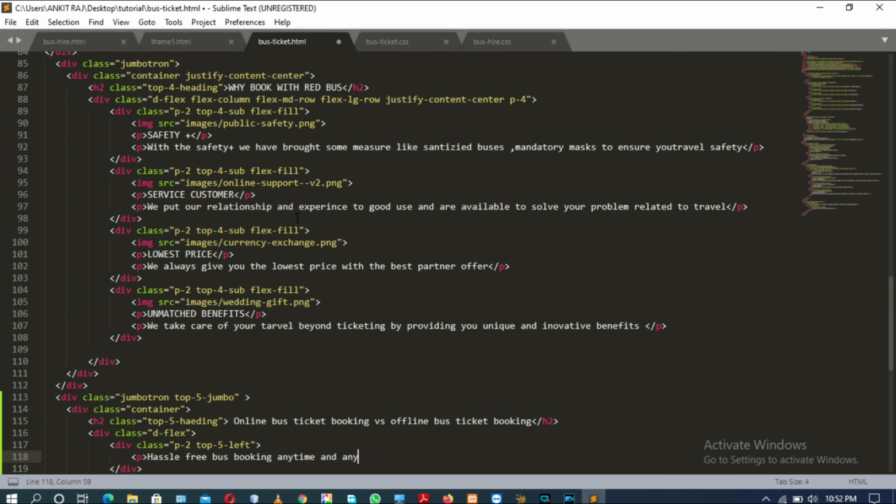Anytime and anywhere. P tag closed. Another p tag will be wide choice of bus seats, bus types and operators. Wide choice of bus types, bus seats and operators.